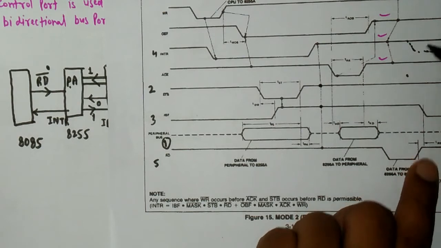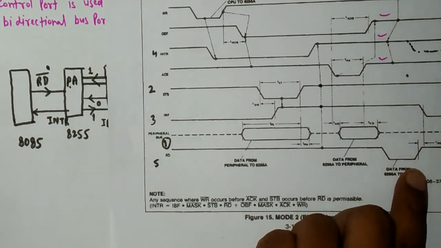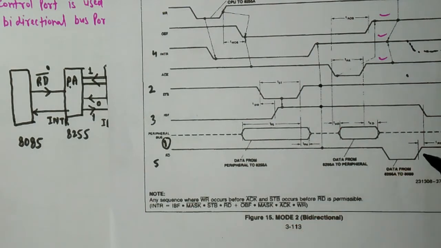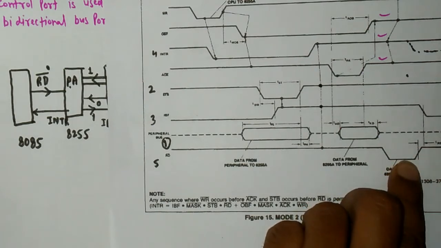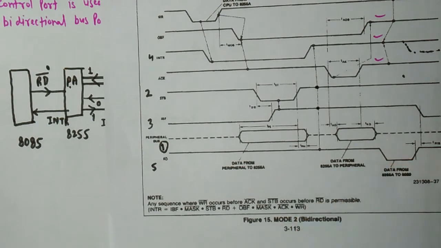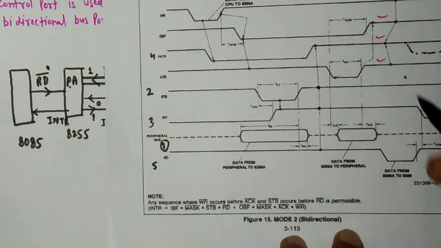So in order to avoid that interrupt, this signal will return to low logic, and when the RD bar signal goes from low to high, this will clear the IBF pin, because IBF is indicating that there is no need to send the data. The 8255 is saying to the peripheral that there is no need to send data, but when IBF is cleared again, that means the logic at IBF is 0, it indicates that the peripheral can now send the next 8 bits of data. So this was for input only. Next we are going to see what happens when we configure port A as output.